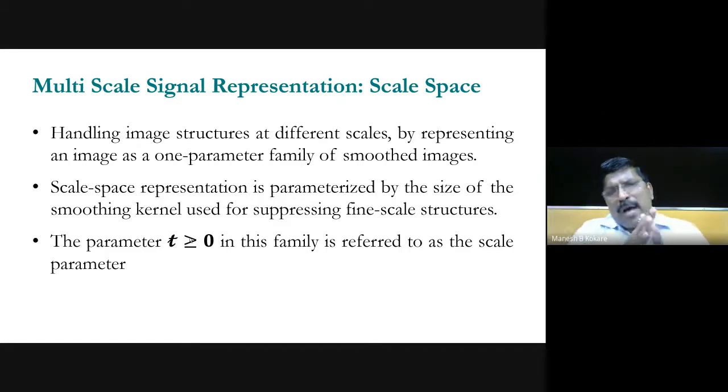So as you go on increasing the scale in the wavelet, you are going very close to the low frequency signal in the image, right? Low spatial frequency. So you are going from high frequency to low frequency. Scale is inversely proportional to frequency. When scale is small, you are going to detect the high frequency. As scale goes on increasing, you are going very close to the low frequency and so on.